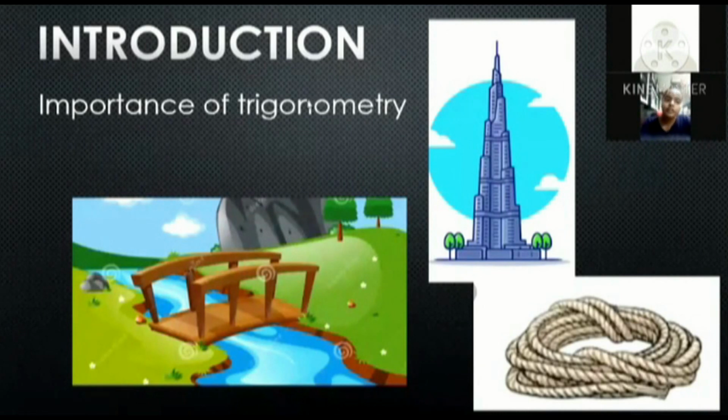To measure the height of a building, you will have to go to the top, drop a long rope and measure the length of the rope. It's not convenient, right? To measure the width of the river is even harder, so it's not practical. But if you know trigonometry, it's really easy. So in this chapter, we'll see how to apply trigonometry to measure heights and distances.